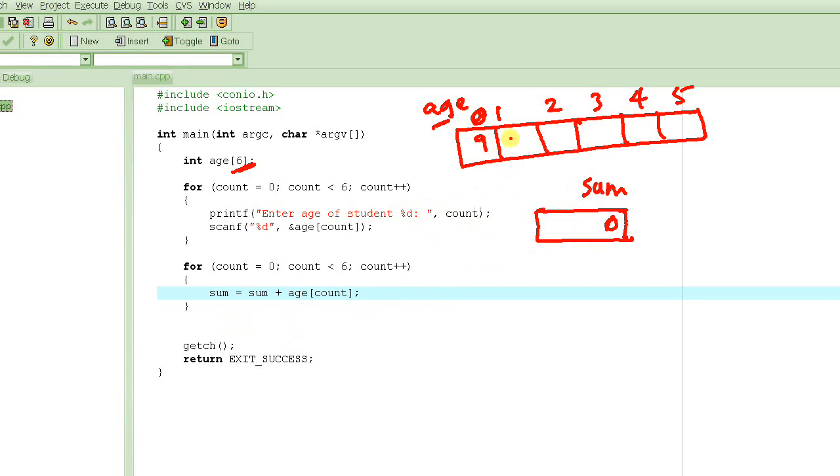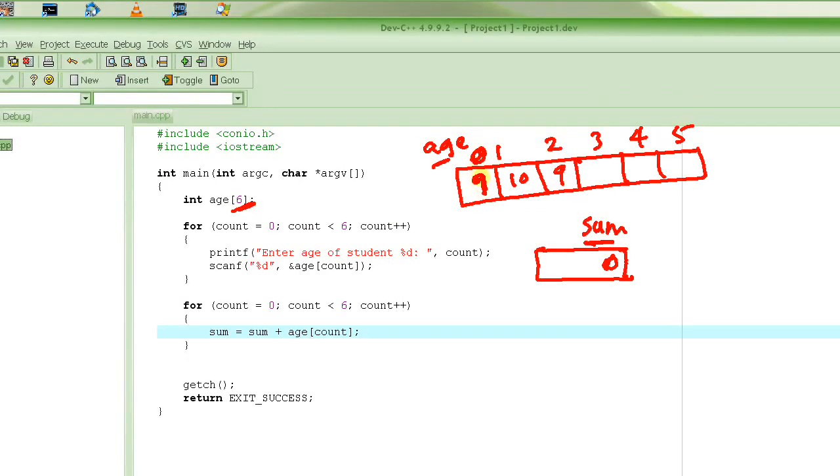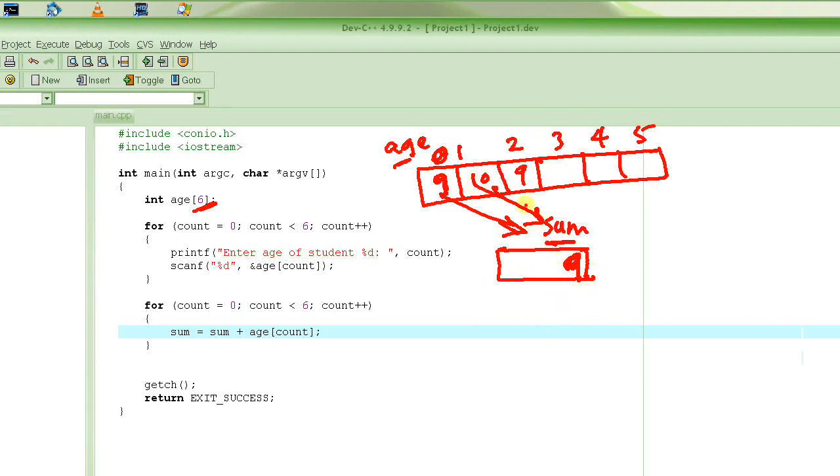Now suppose these are the values here, 9, 10, 9. So first thing we do is take the value of sum, which is 0, and add it to the first element, which is the 0th element of this array, and put this in here. So what is the answer? 9. Then we take this one and add whatever the value is here, which is 10. So 10 plus 9 is 19. And so on. So at any point we are taking the value of sum,